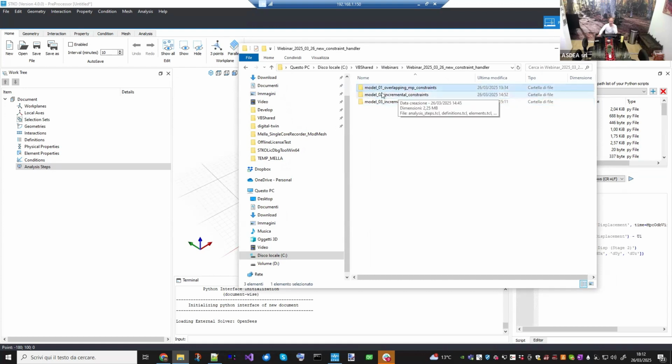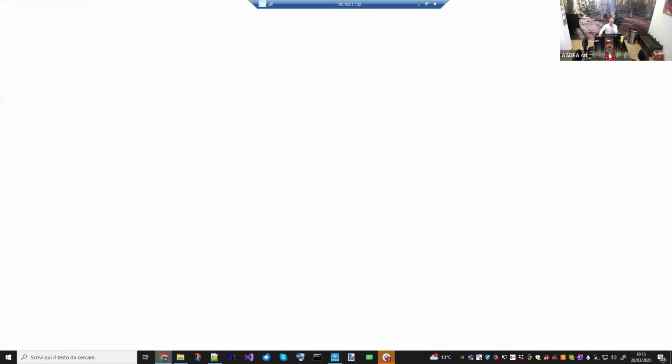So the first one is called Model 01 Overlapping MP Constraints. And in this example, I will show you what are the benefits of using the new constraint handler that we developed. And in the second part of the webinar, I will show you 2 different models. And this one instead will explain how all the constraint handlers now can apply constraints incrementally and how you can use them. Okay. So first of all, before starting, I want to show you